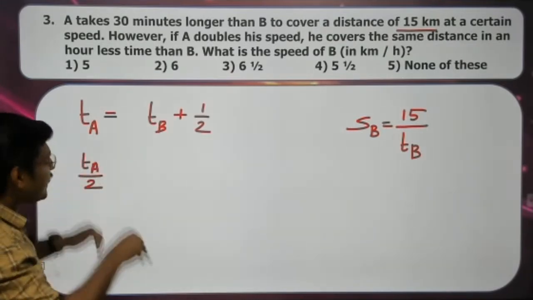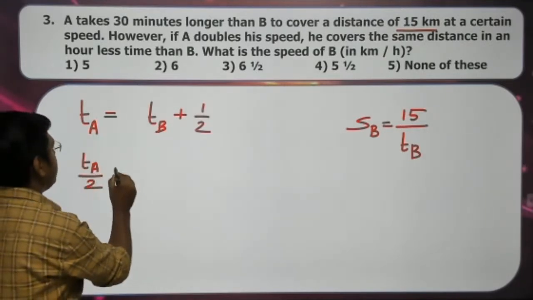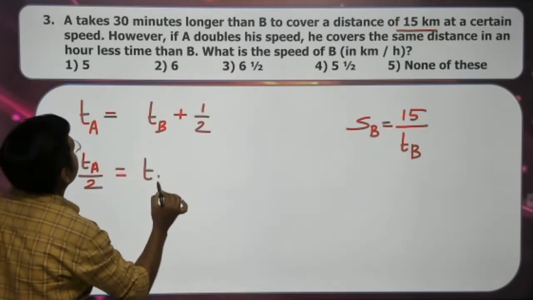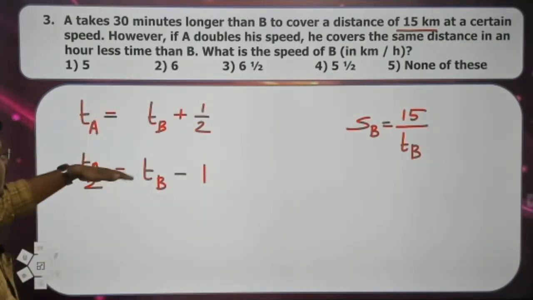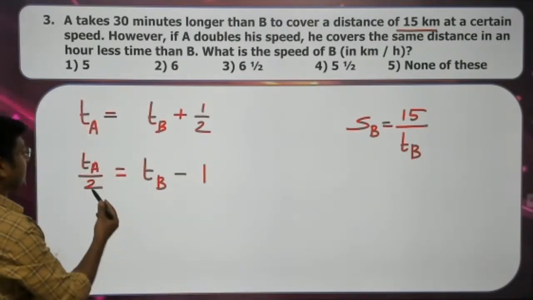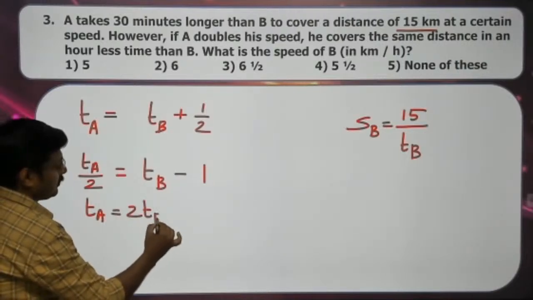Okay, if that is the situation, he covers the same distance in an hour less than the time taken by B. If that is the condition, this time is 1 hour less than the time taken by B. Correct? On taking the relation, we can find the time taken by B, right? So solving this, listen. On crossing, time taken by A is equal to twice the time taken by B minus 2,